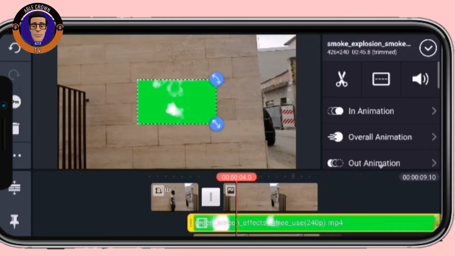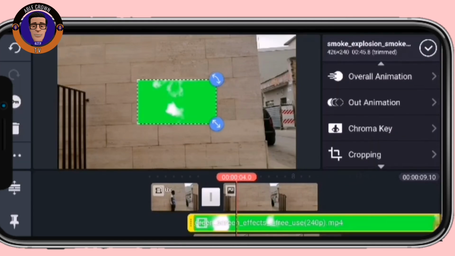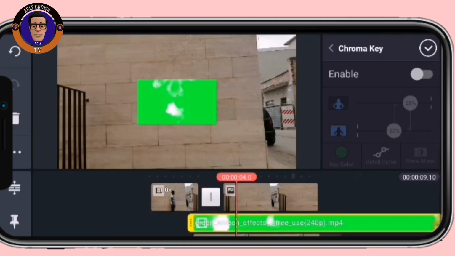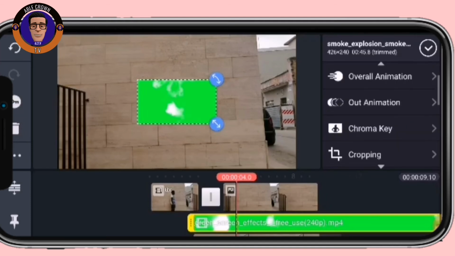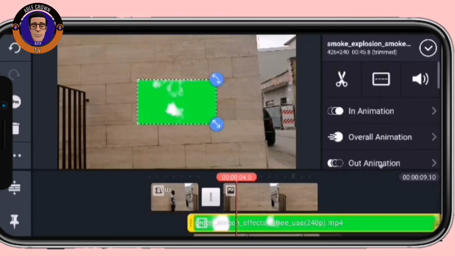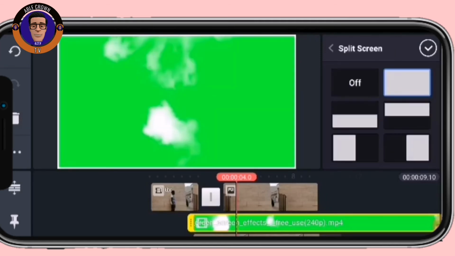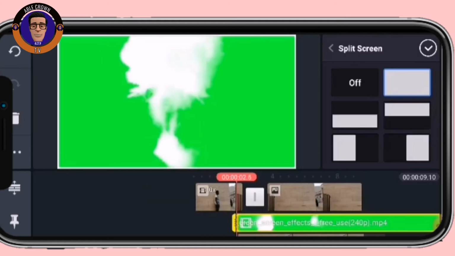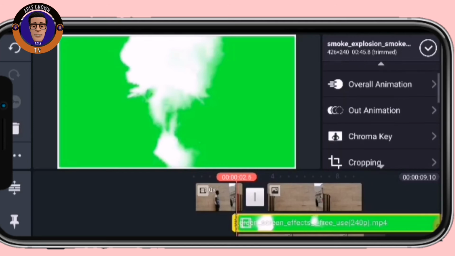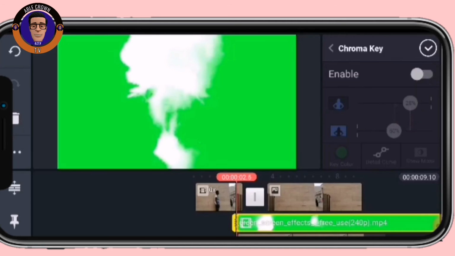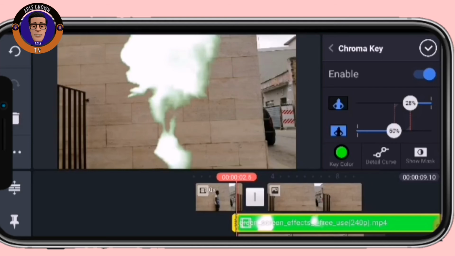So all you have to do is go to your chroma key. Before you go to your chroma key, you make sure you expand it and put it in full screen. You can see it. So then you have to remove the green screen, the background. So you go to your chroma key and you enable it. You can see it.